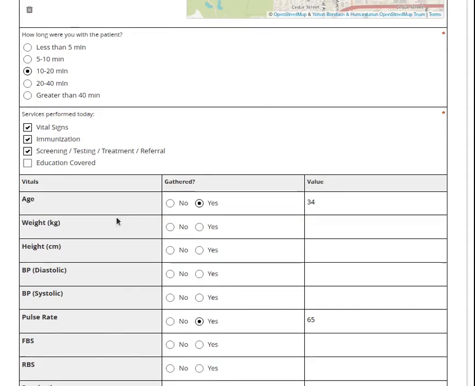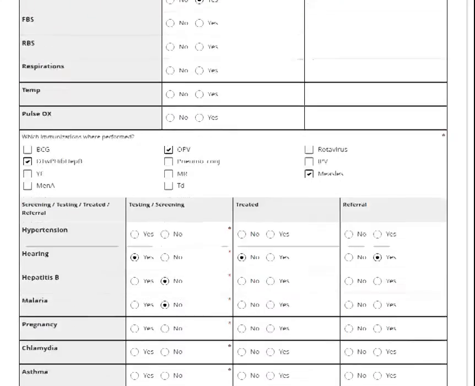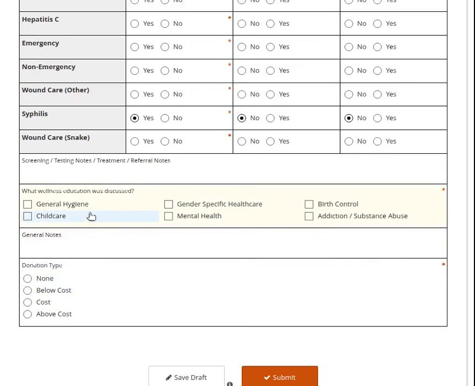So finally, if they chose education covered in the PAS, you'll see another section show up which has to do with what they covered regarding education. They can type in any general notes here and choose the